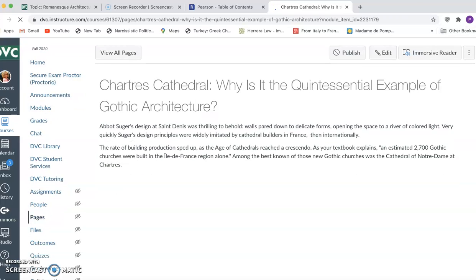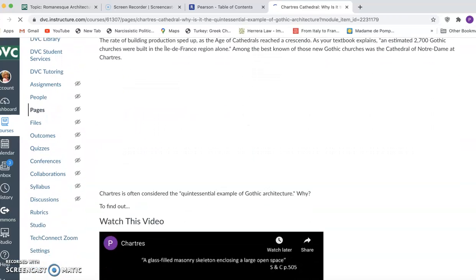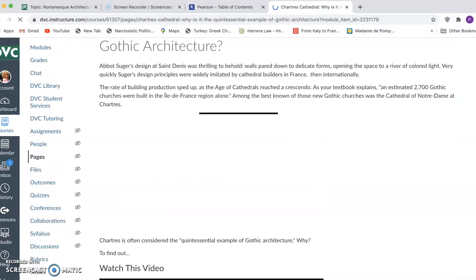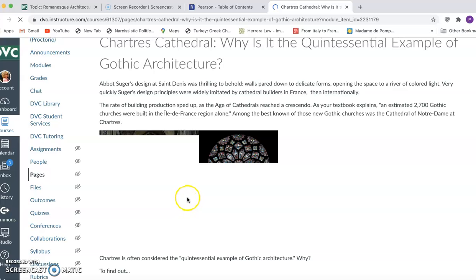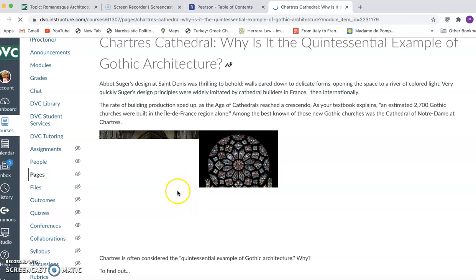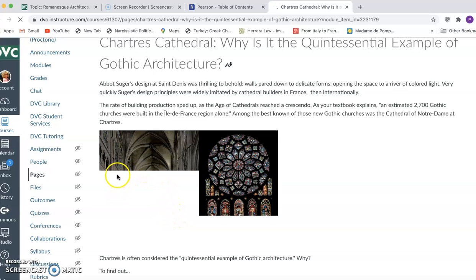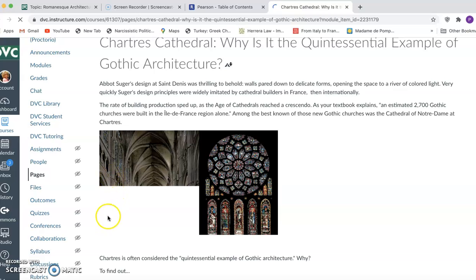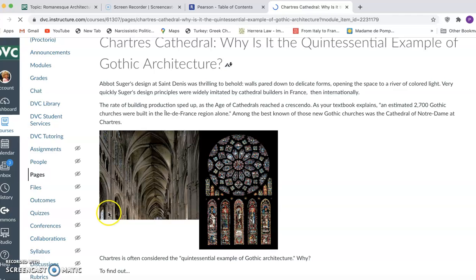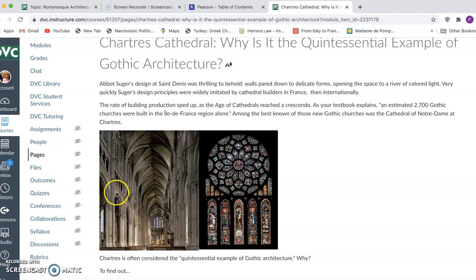There are so many wonderful and complex things to watch about these buildings, which are taking forever to load. But one of them certainly will be the elevation of the building and what is possible because of this three-part elevation, where you have an arcade, a system of arches supported by piers with engaged columns supporting the rows of arches. So the arcade simply means this kind of flowing,